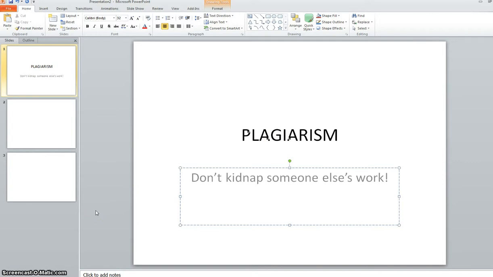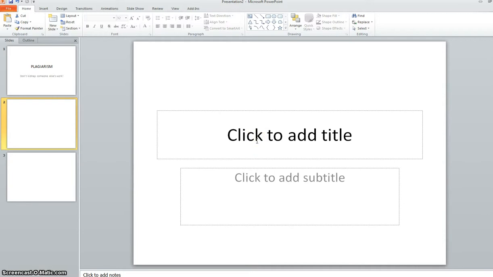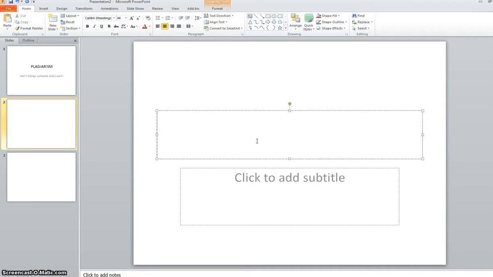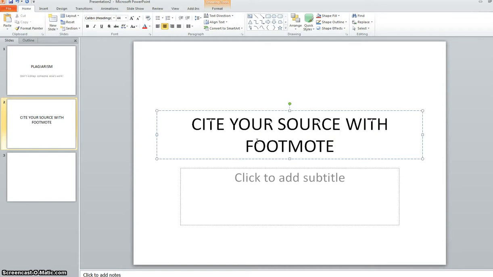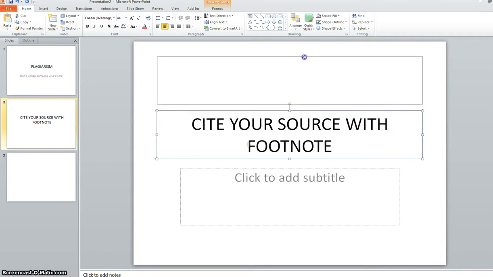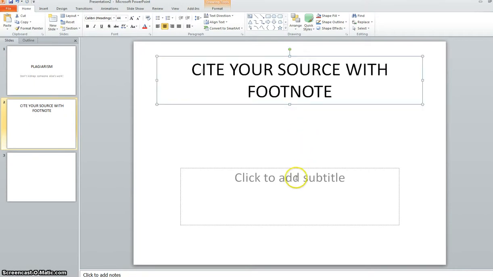Okay, so now we're done with slide 1, and we're going to click on slide 2. We're going to click where it says click to add title, and we're going to type cite your source with footnote. I'm going to do that in all caps. Footnote. Okay, so that's what we're going to learn how to do: how to cite our source by way of a footnote. And then we're going to go to a website. I already have it in